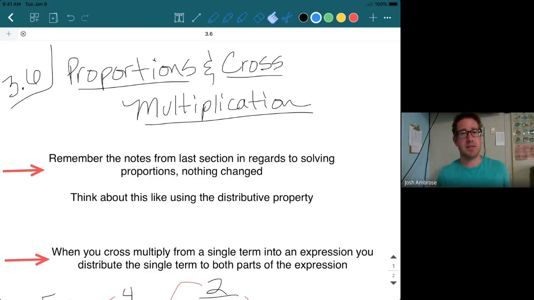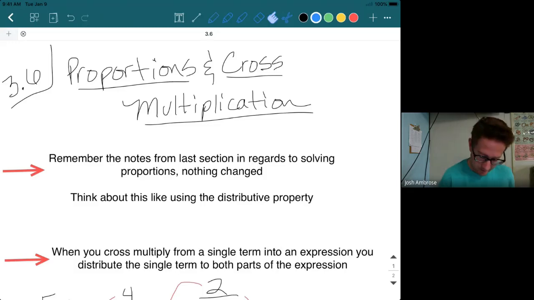And if you remember what I said in yesterday's video from Section 5, Section 6 is very similar. We are still using proportions, and we are cross-multiplying. So this video is going to be quick because you should already know how to do it. I'm just going to show you about 3 example problems, basic notes, and we're going to jump into it right